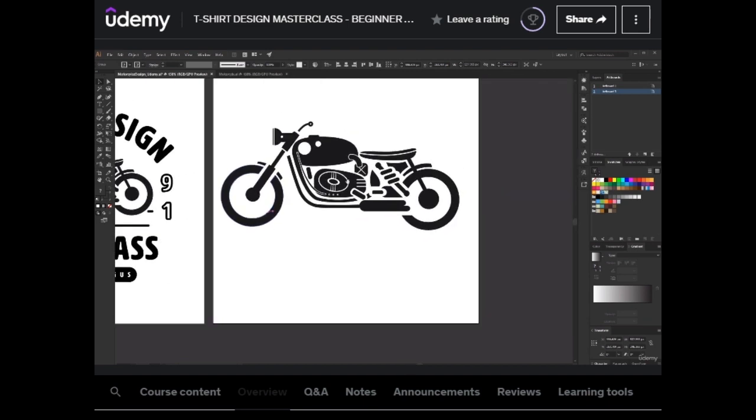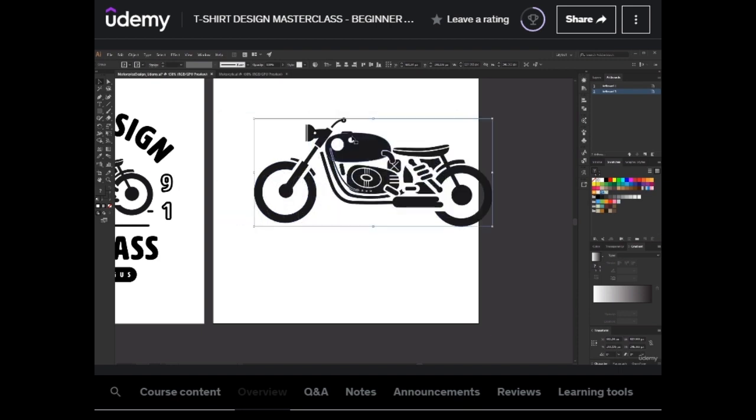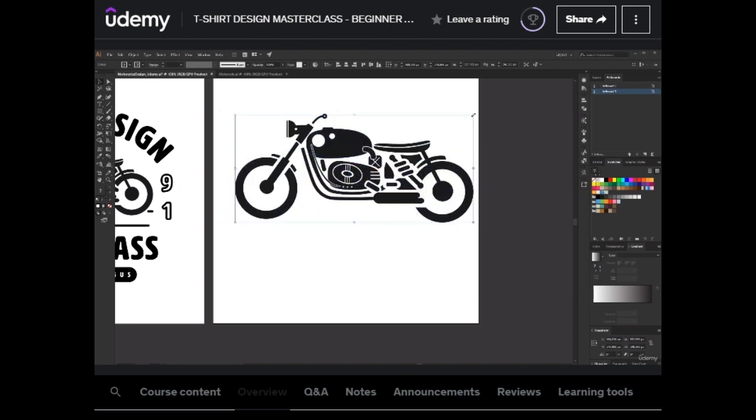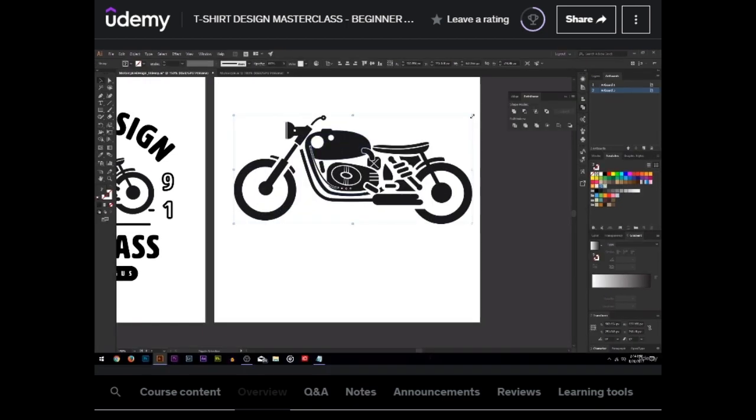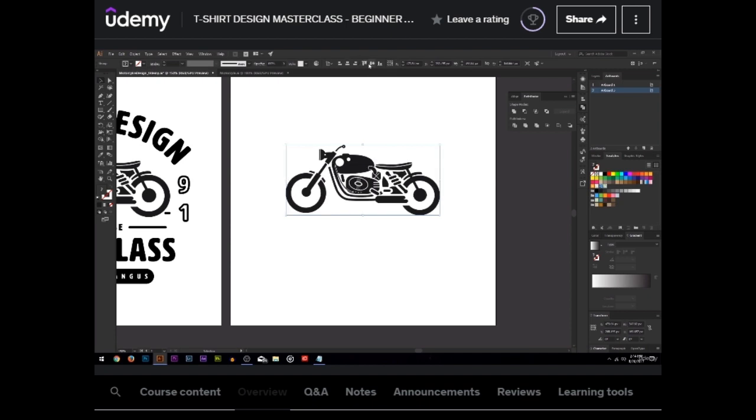So we have our bike here. We just want to resize this. So once you select any object at all, it's going to put this blue frame around it, and that's basically it will allow you to either move it around or you can resize it. So if I take a corner and I hold in shift, I can resize things to any size I want. And since this is a vector program, we're not going to lose quality. That's the beauty of this. So yeah, you can resize it if you want. So we're actually going to resize it to about this size for now,